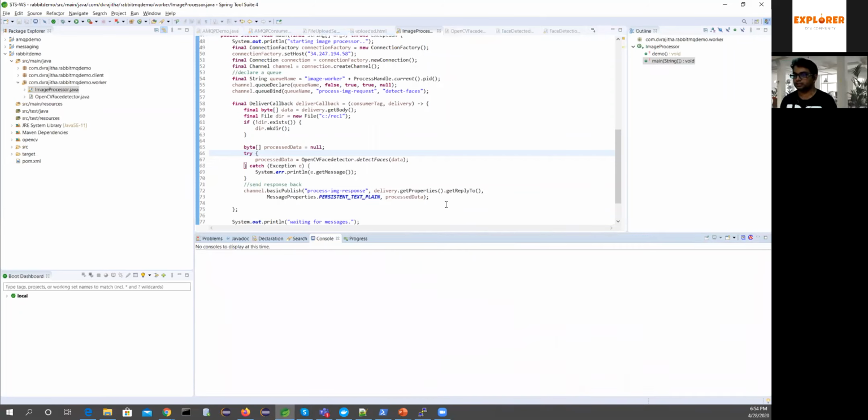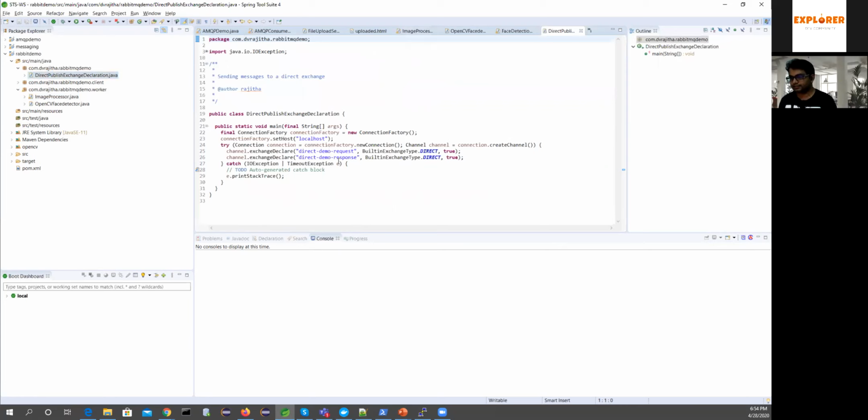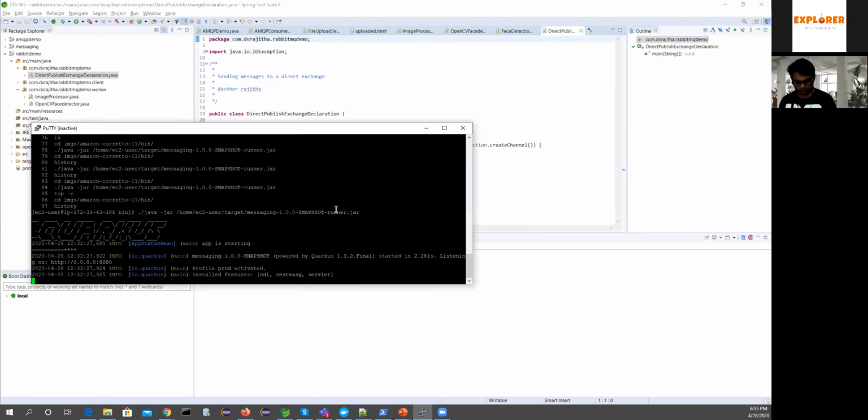So here, this is the exchange creation part. For the exchange to be created, I will run my application again. This is my AWS console. I will connect it again quickly.